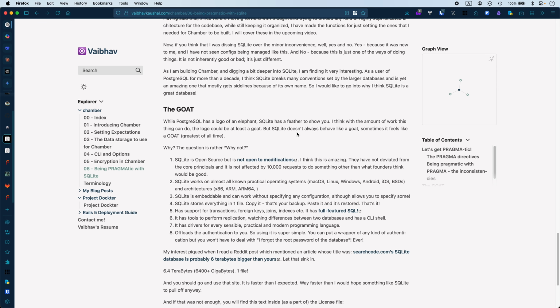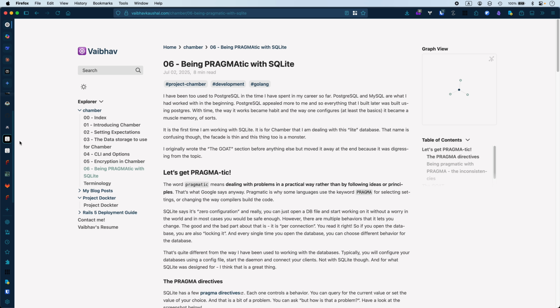So we need to create a set of functions which we can use to check if those settings, which are called pragmas in SQLite, have been applied to the current connection or not. So that's what the post is all about, and what pragmas are, how they behave. And I'll give you